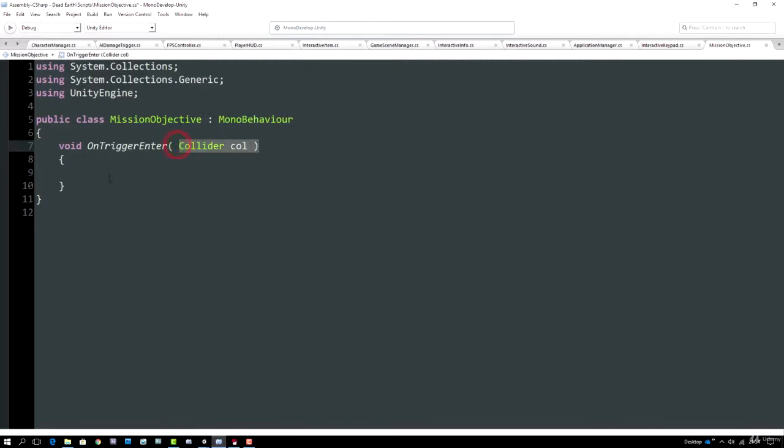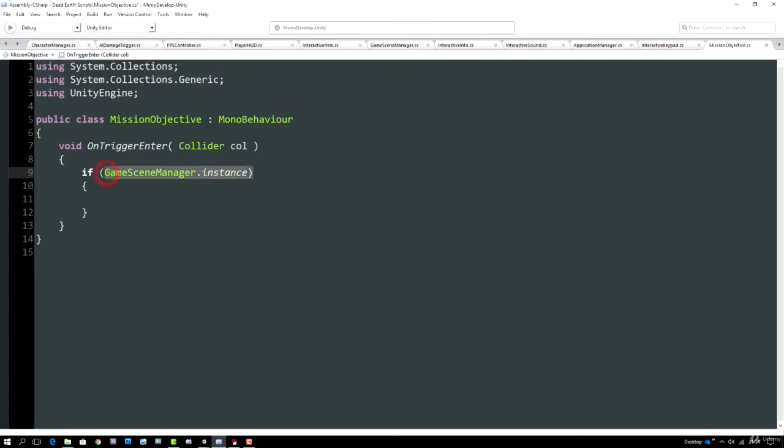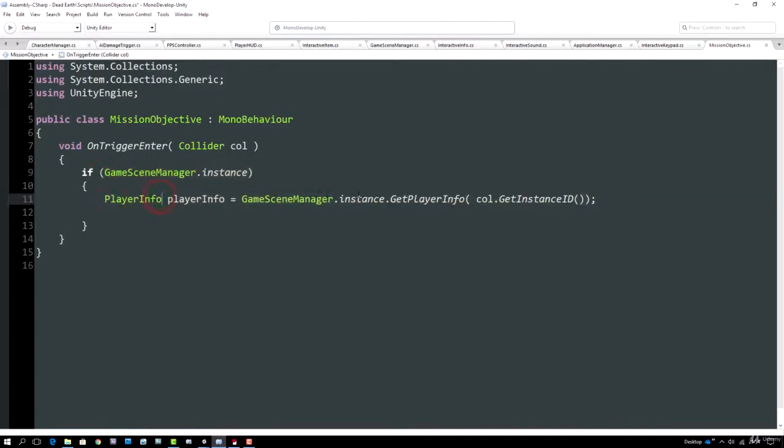And we are past the collider. Of course, we don't want the collider, we want to know if the game object of the collider has a character manager script on it, and if it has, then we'll contact the character manager script and we'll tell it that it's the end of the game. We will first check we've got a valid game scene manager, and then we'll use the game scene manager's GetPlayerInfo function. Remember, just like our AI state machines and our interactive items, the game scene manager maintains a dictionary of player info objects that are stored by collider ID, and the player info object contains lots of useful